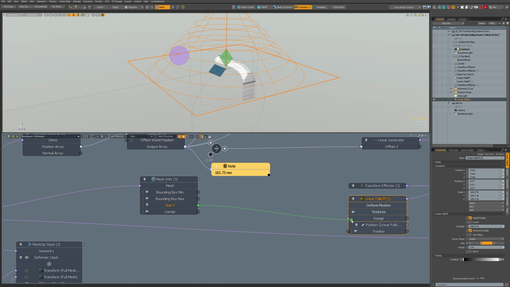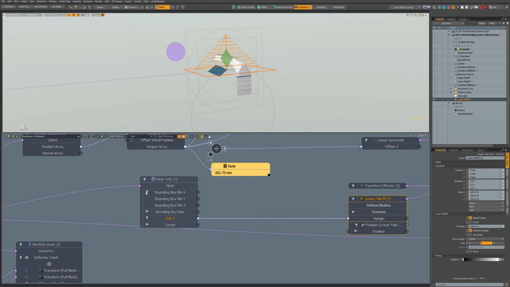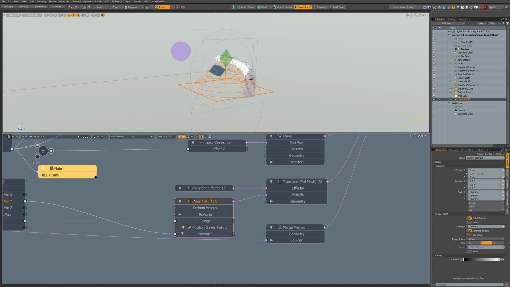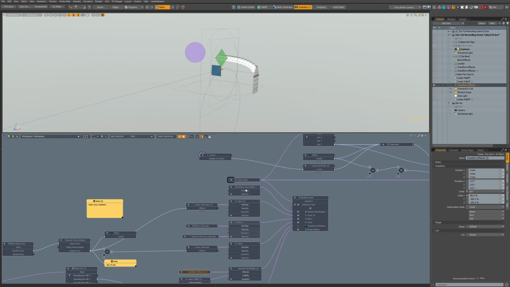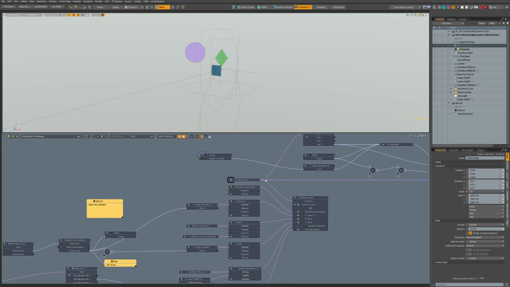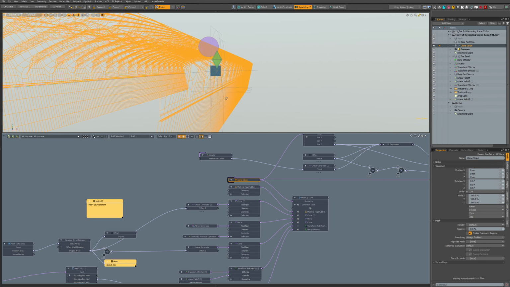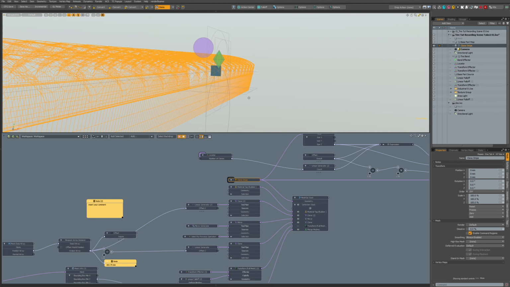So size should be the range. It looks quite right, and position y is bounding box minimum y. So now we had it in wrong place. And can we see this operation? Okay, yes, it's scaling it.